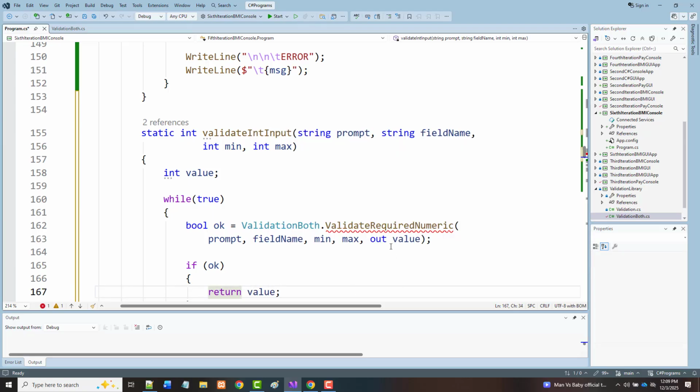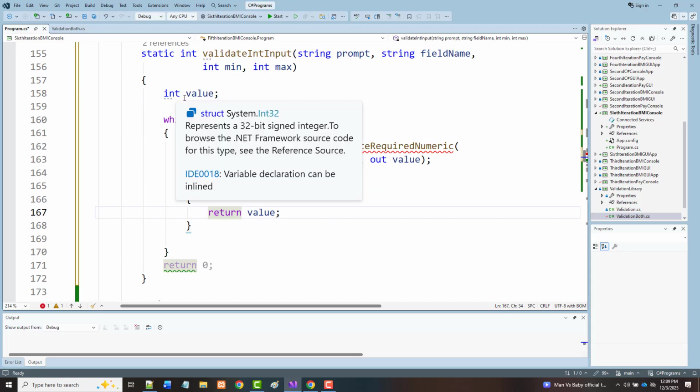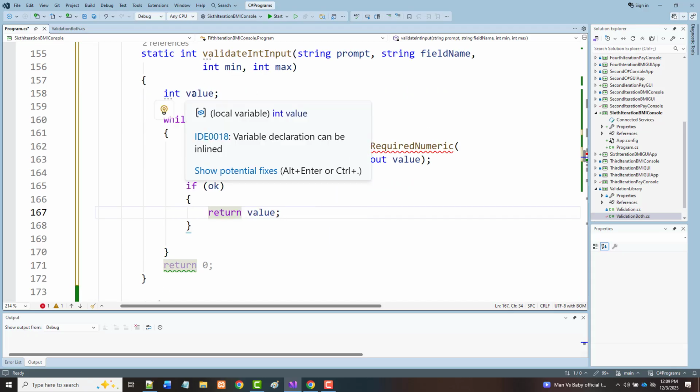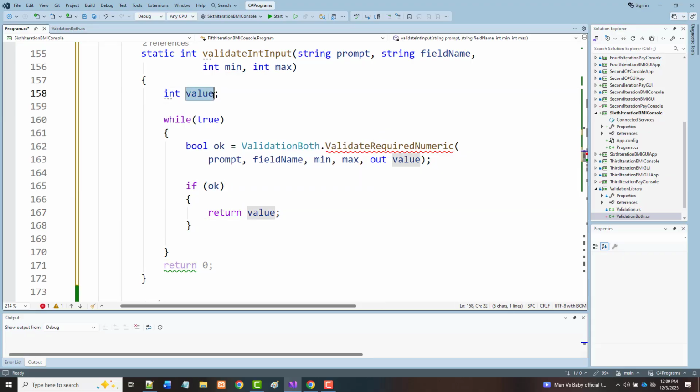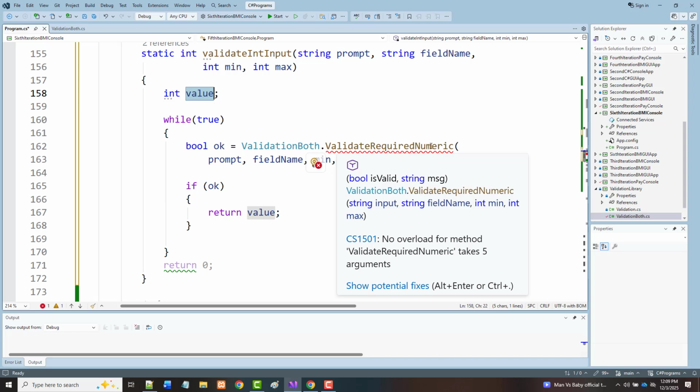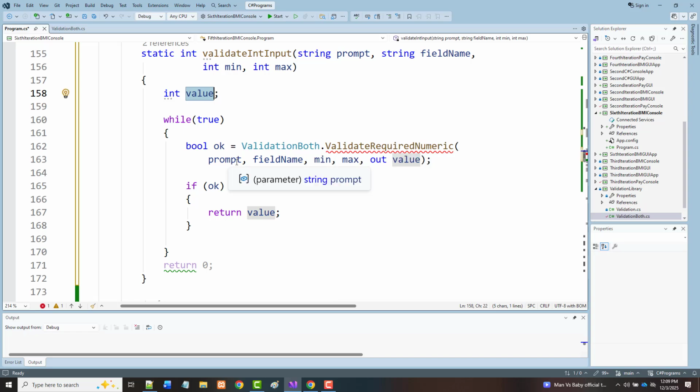Now, we're going to try to fix this in just a second here. But what we're saying here is we got some kind of a value. This is going to be what we're reading in for the height or for the weight. All right, we're going to call validate required numeric. We're going to pass in the prompt, which is enter height or enter weight. We'll pass in the field name, which will be height or weight. We'll pass in the min, which is either going to be min height or min weight. The max, which will be either max height or max weight. And have an out